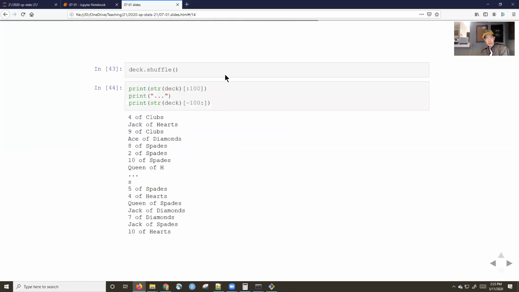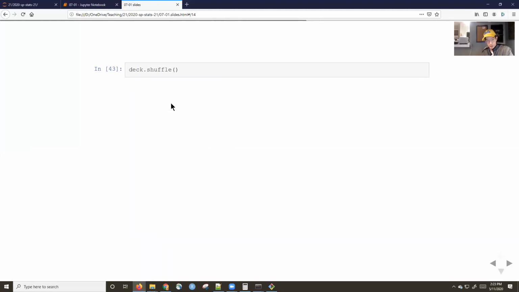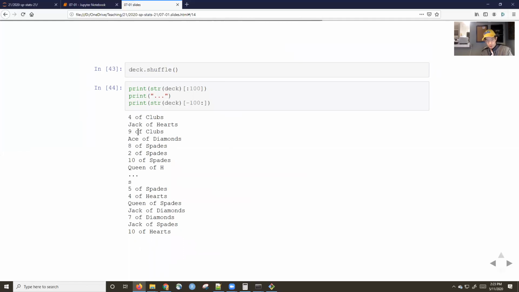Here I can shuffle it, and I can print it out. Now, so again, when you print the deck, or when you ask for a string representation of a deck, it's going to be 52 lines. So here I just said, let's look at the first 100 characters, which takes me up to Queen of Hearts, but the 100th character is, I guess, the H. So we can see after I've run deck.shuffle, the arrangement of the deck is out of order, okay? And so I've asked for the first 100 cards,